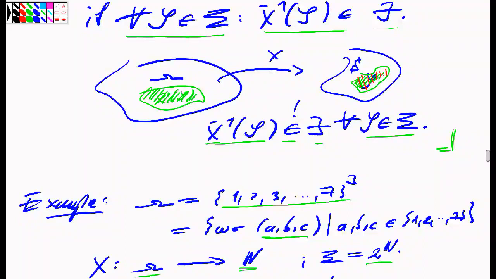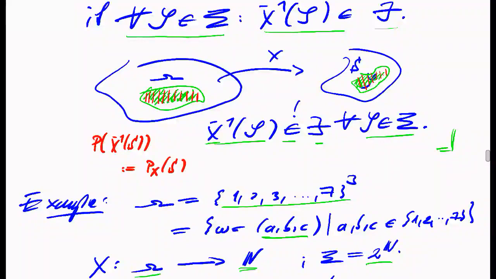So in order to measure the size of S, I consider the corresponding pre-image, and I compute the probability of the corresponding pre-image set. And this will be my concept of a size for the actual set S. So effectively, I have introduced a measure on the target space S. And this new measure, which is also sometimes called the push-forward measure of P under the map X, is called the law of X. And if you think about it, you understand that this exactly describes the statistics of the realizations